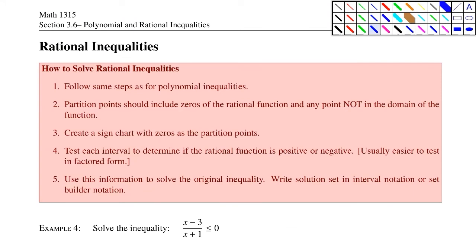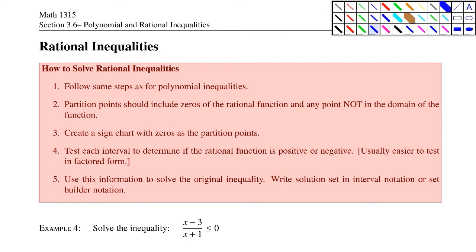Let's take a look at the steps for solving a rational inequality. Step 1, follow the same steps as when you solved for the polynomial inequality. There's a couple of differences. Number 2, the partition point should include the zeros of the rational function and any point that is not in the domain of the function, because when you set the denominator equal to 0, you get an undefined value at